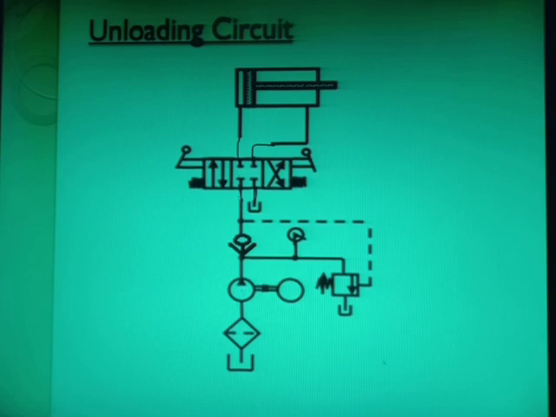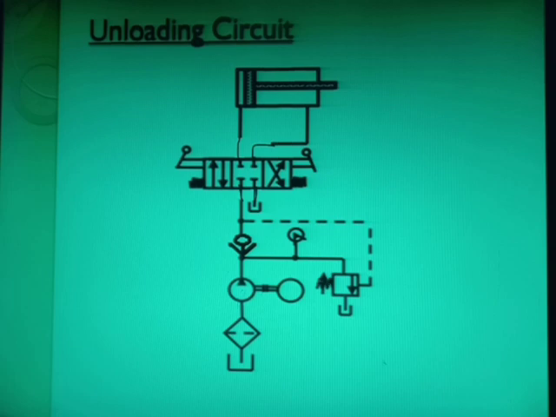So in that position what will happen? As the pump is still running and still discharging the oil, in this line the pressure will start increasing, and when this pressure increases more, it may cause some damage. So in that case what I have provided here, I have taken one pilot line, right? This pilot line is given to this unloading valve. This is the unloading valve, simply like a pressure relief valve. So it is normally in closed position, right? And it is adjusted with the help of this spring force, right?